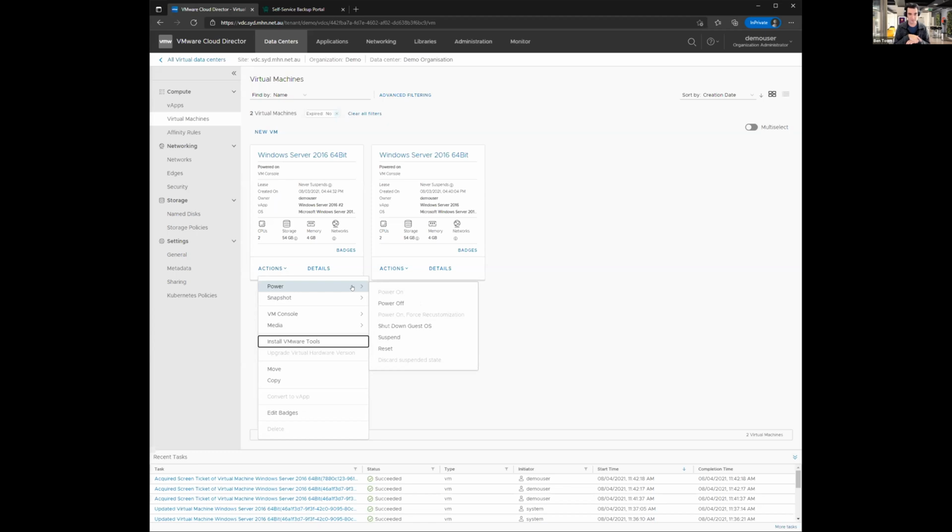ESX on-prem, some of it's slightly different, but most of it's the same. A lot of the features are very, very similar. You can do snapshots through here as well, but the thing you keep in mind is you need to have enough storage in your storage policy to be able to take that snapshot, because both the RAM and snapshots consume storage out of that. So for instance, if you were to assign 16 gig of RAM to your server, you also need 16 gig of storage free for that to work. Otherwise the VM won't power on.